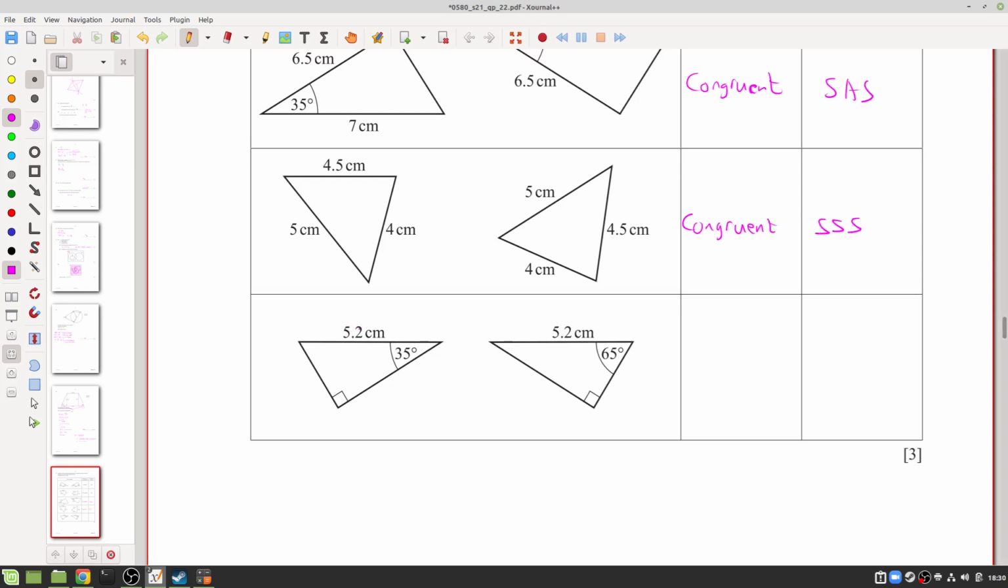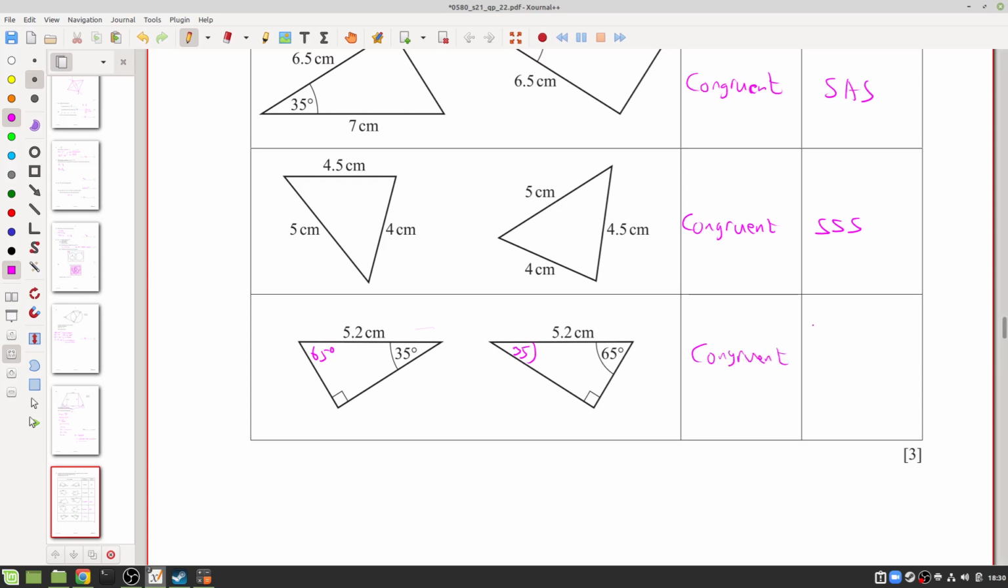Here we've got 5.2 and 5.2, then we've got a 35, and then we don't know what that is. So if that's 65, this one's going to be 35. This one's 35, that one's going to be 65. So the hypotenuse is 5.2 in each case. We've got the right angle, which is the same, and then we've got another angle, which is also the same, 35. So this is going to be congruent,